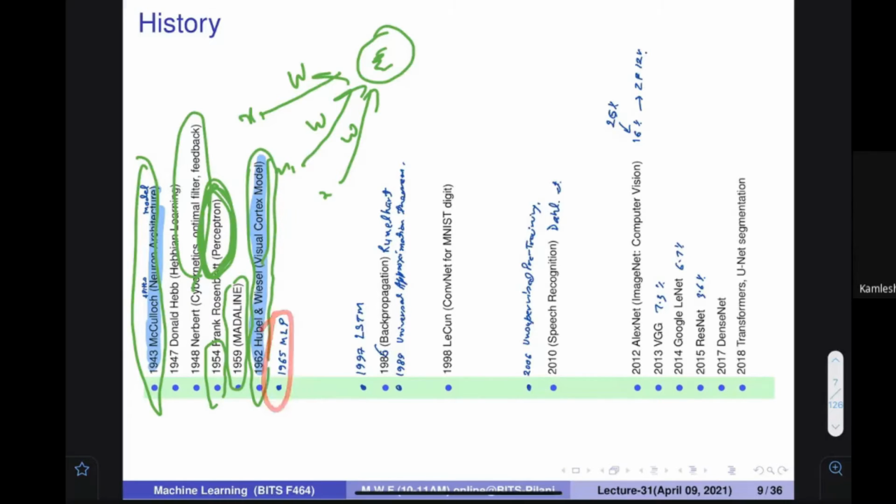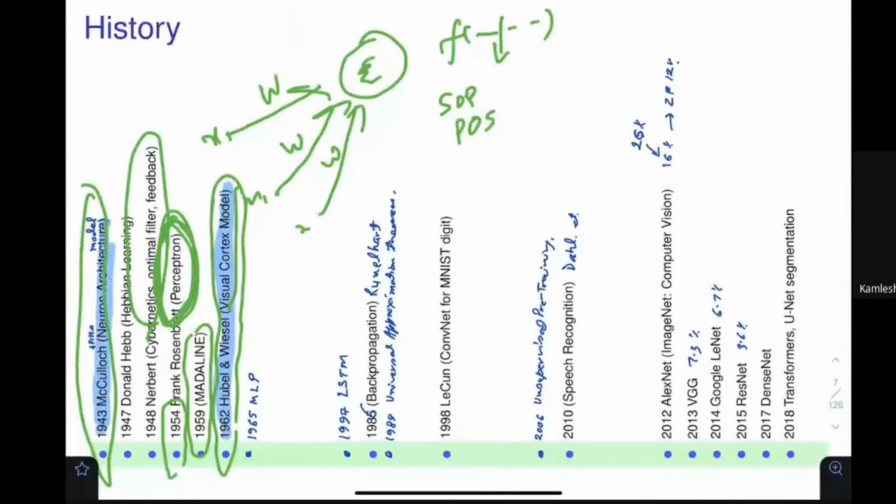Around 1965, people talked about the multi-layer perceptron, the idea that a single perceptron may not be that powerful, and using multiple perceptrons we can do better things. A very important point is that in logic, if you come up with any kind of function, I can break it down into SOP or POS form. These forms enable us to make the AND and OR gates, and then using those we can build an efficient system with only two layers.